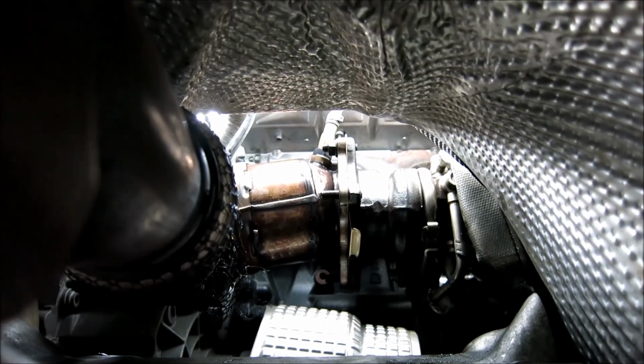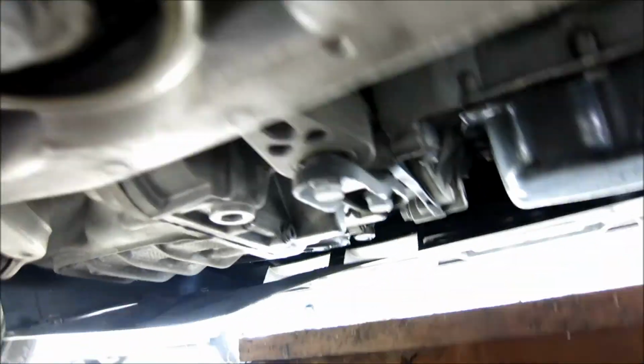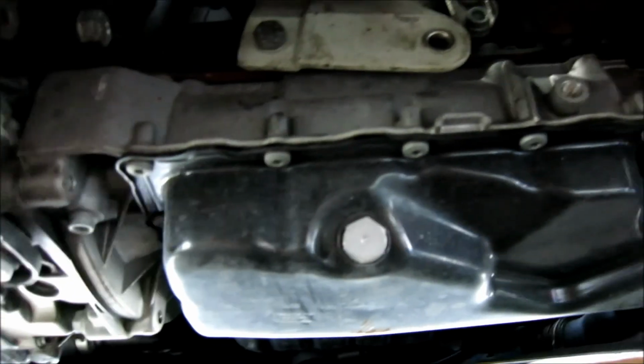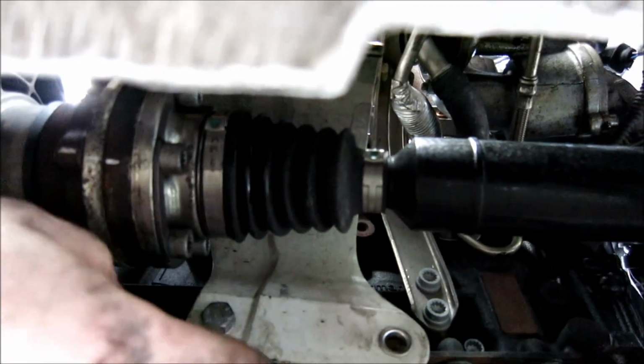Alright, so as you can see, I got 2 of the posts up. Now we got to get the 3rd one, which is in behind and against, sort of near the block. So, to get at that, if we go over here, you're going to see the driveshaft plate, which keeps heat off, I guess, from the drive shaft. So what you're going to want to do is